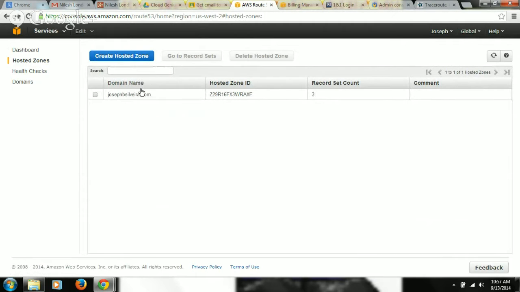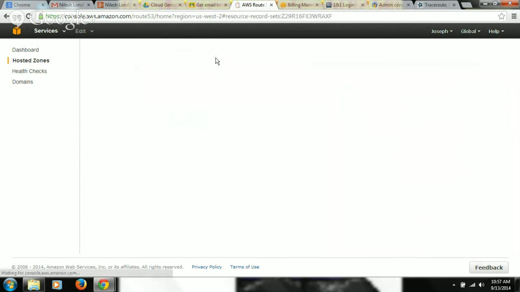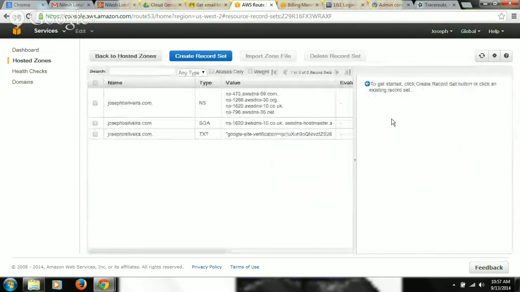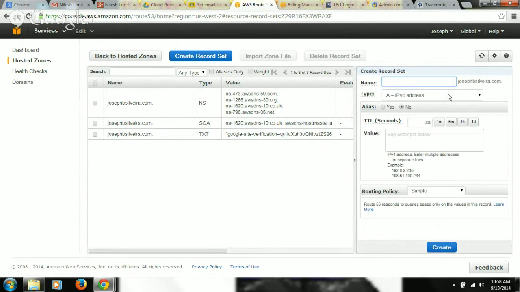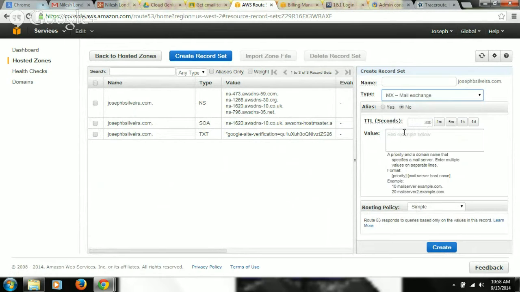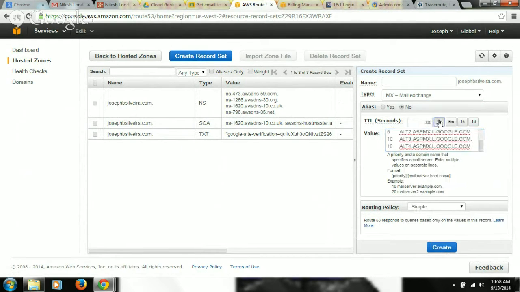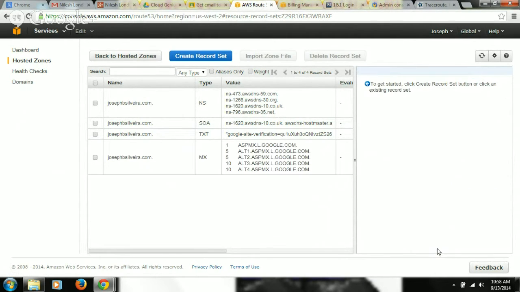So you go back here and then go to, no, don't create a new zone. Existing zone, go to record set. Check the MX entries and make it. You did not save apparently. Okay, create again. Okay, got it. MX. Paste. One minute this time. And create. Okay, now it is created.